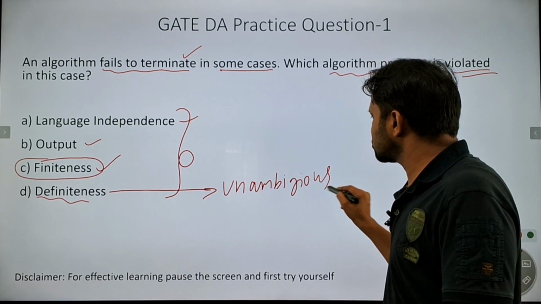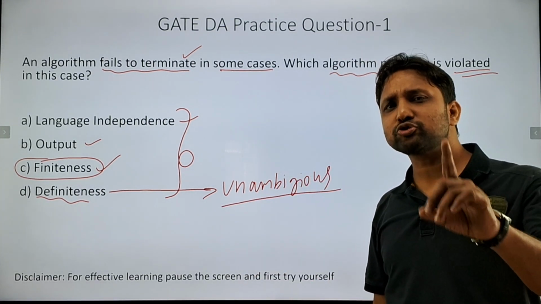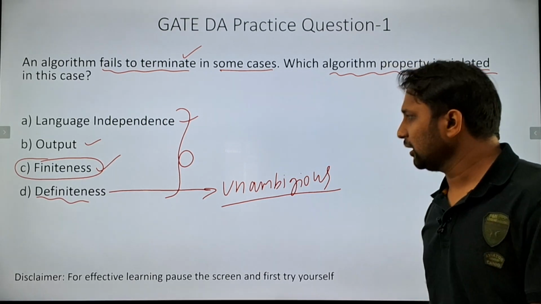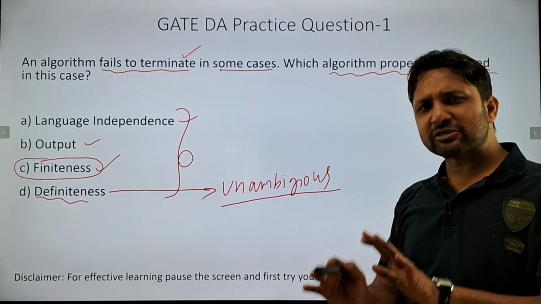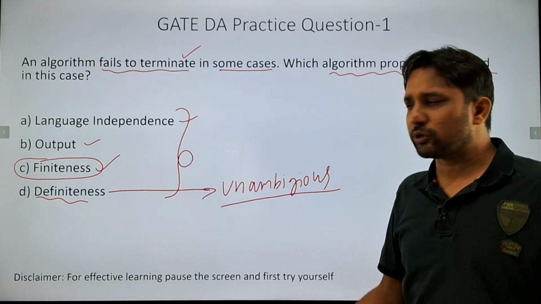Unambiguous. All the instructions should be unambiguous. One instruction should have one meaning. Okay, so this also doesn't have anything to do over here. If a program is not stopping, that is, taking infinite steps to execute,